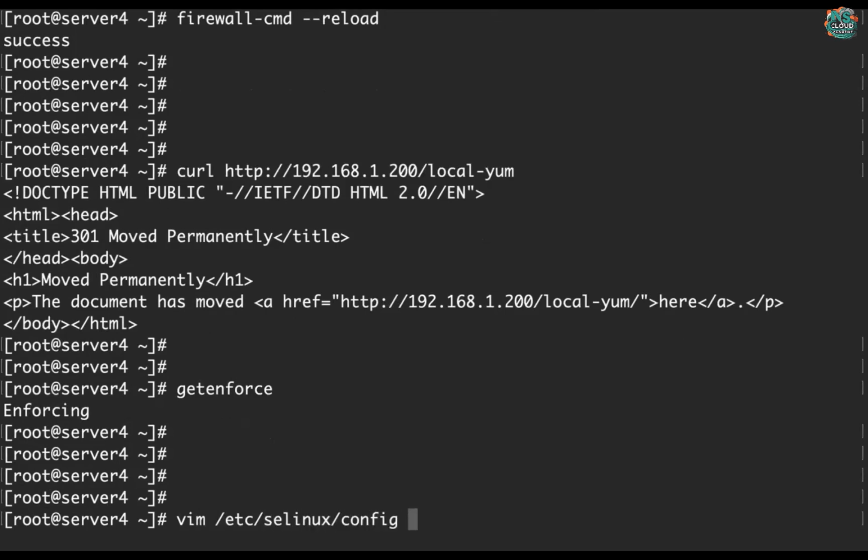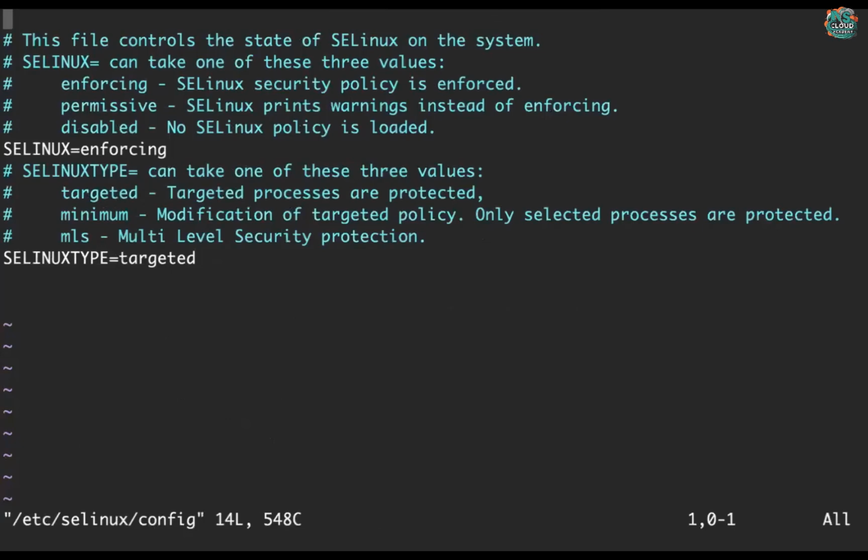You have to open this file, and here you can see one option, SELINUX=enforcing. Currently SELinux is in enforcing mode. So just make it permissive. Copy from here and modify this one. Go in insert mode,